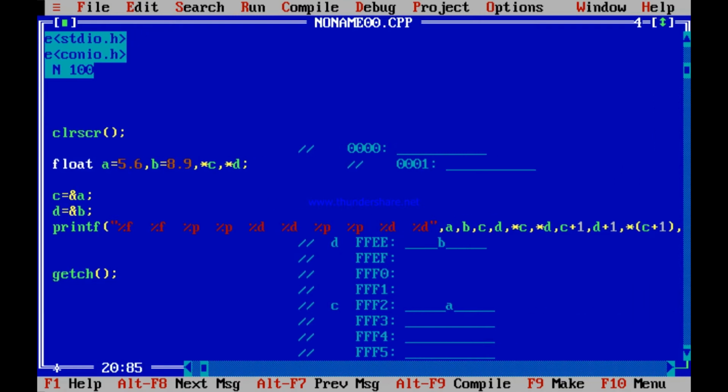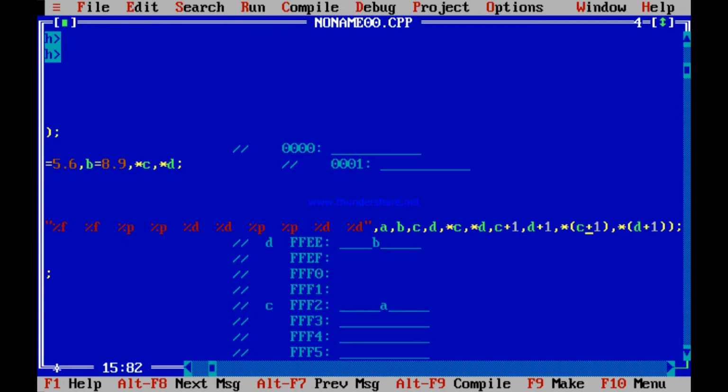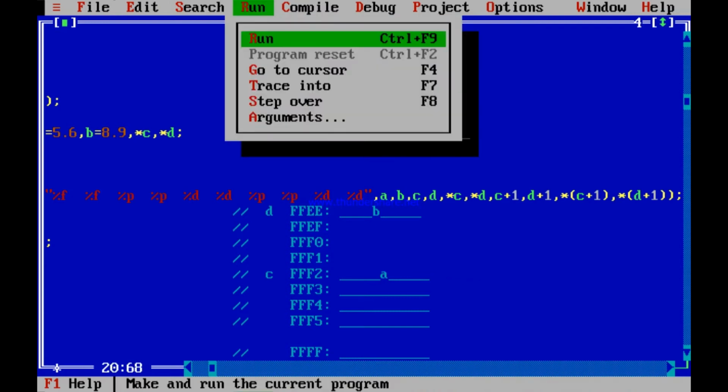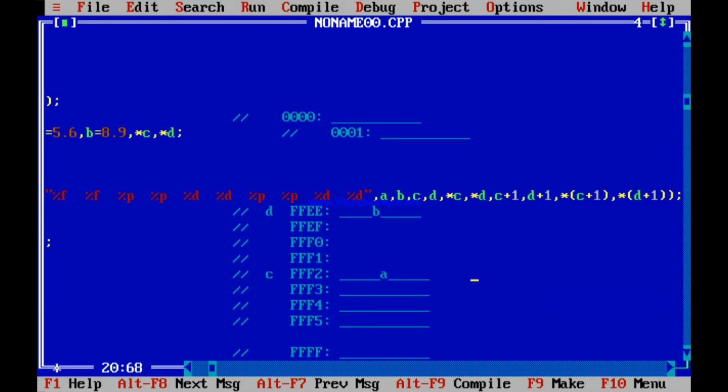Then star of C plus 1 and star of D plus 1 should again print. Star of C plus 1 should not print anything because it is the content of FFF6, I don't know. But star of D plus 1 should be the content of FFF2 because it should increment by 4. Let me run it again and see. What is it printing? I have not printed anything, I think.